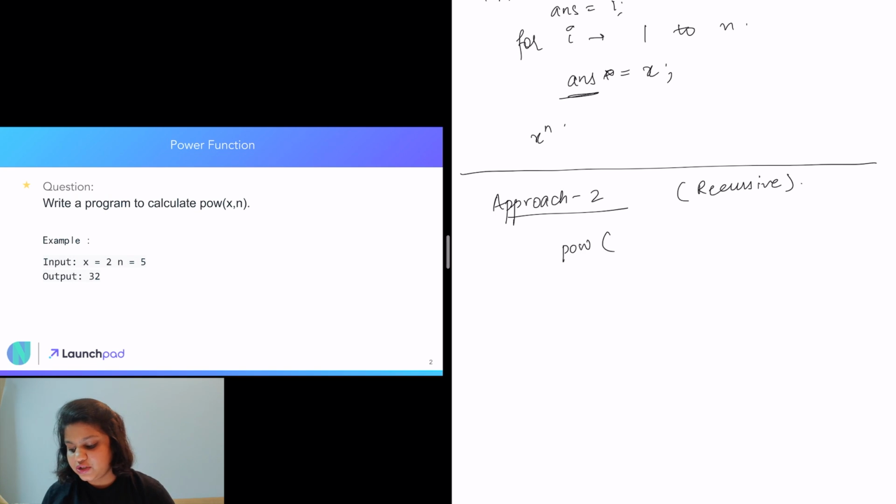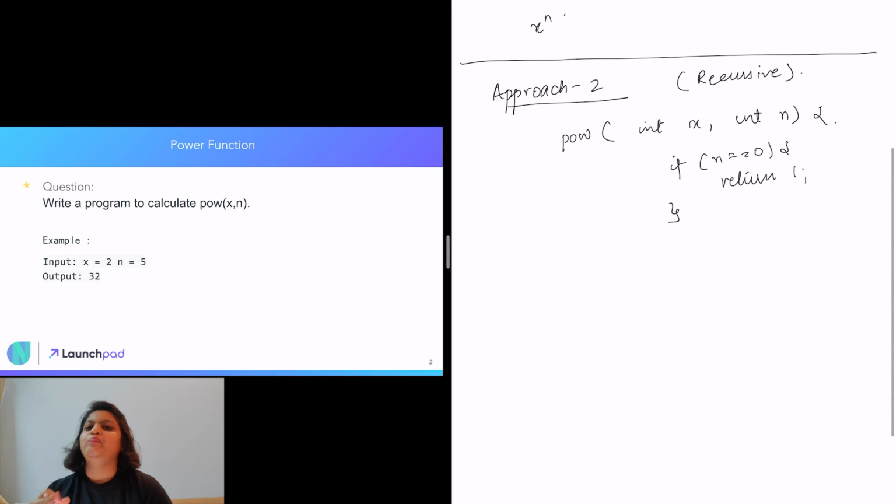wherein we can have a function, say power, taking int x and int n. If n is equal to 0, it will return 1, because anything to the power of 0 is 1. Of course, we are not counting here the case where we are given 0 and something like that.